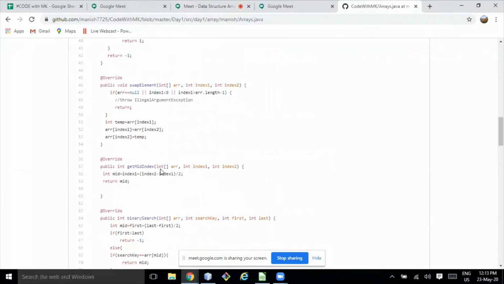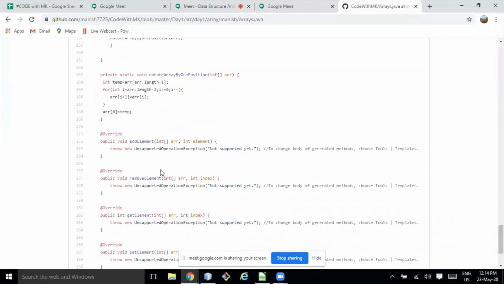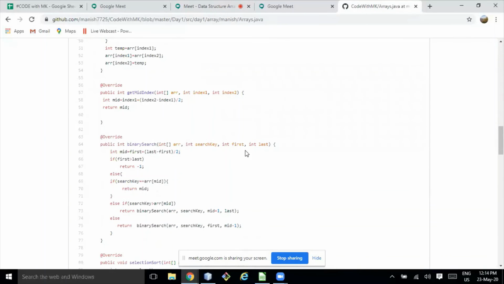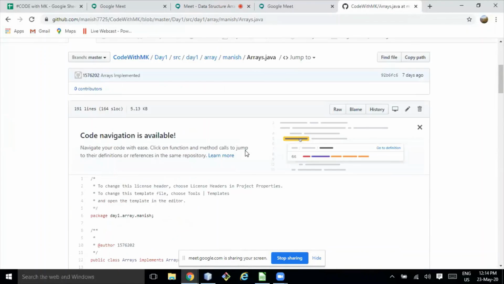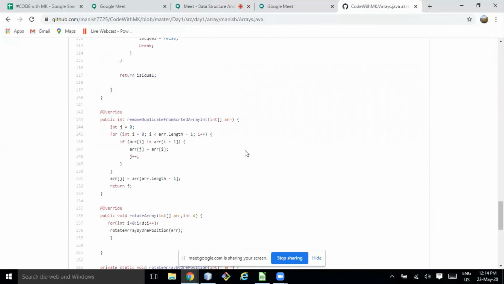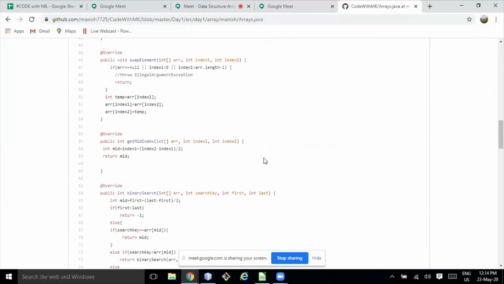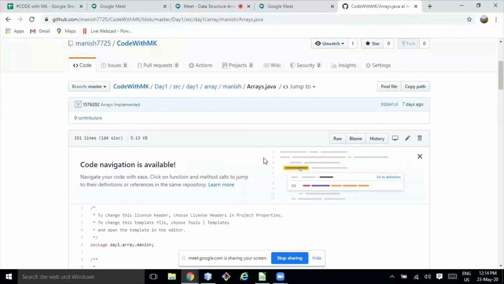Here you will have all the functions implemented that I discussed in earlier classes. A few are not implemented: add element, remove element, get element, set element. These are basic methods. But what is implemented, what I have covered, is here. Go through it, try to learn it. If you are still not able to understand, maybe after 12 in the next class I'll help you.